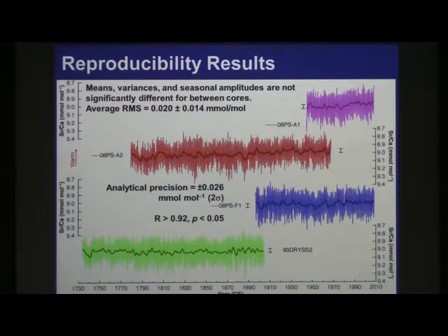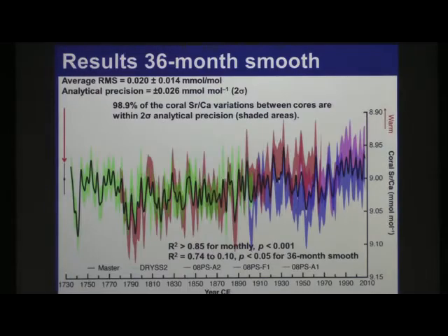Okay, so I know there's a lot of data points up here. It's a lot of work. So I'm going to rework the data and show you reproducibility in a different way. What I'm plotting here is taking the seasonal cycle out of each of these cores, so we're looking at anomalies. And then additionally, I'm going to take a 36-month smoother through the data. In the reconstruction, we're not really interested in the seasonal cycle per se. We're interested in that long-term variability. So we're going to take out everything that's below 3 years.